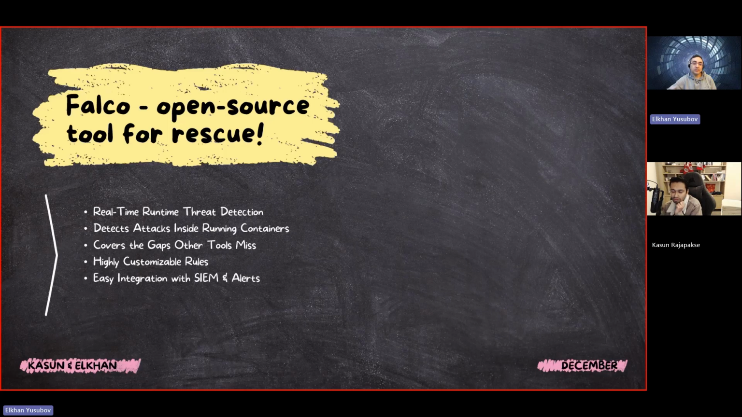Attacks, and that's kind of a very bright spot where it is coming very handy, so to speak. And finally, it comes with easy integration with SIEM and alerts, and that's part of Falco's functionalities. It comes with Sidekick that has many integration points to send messages to different tools, and it could be also